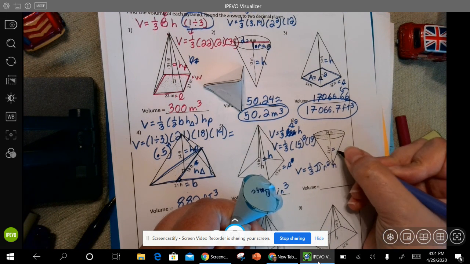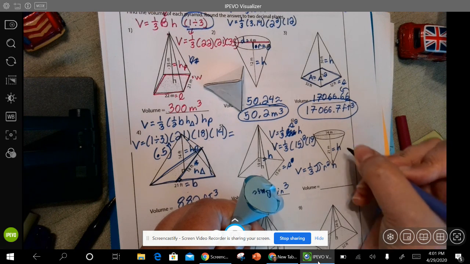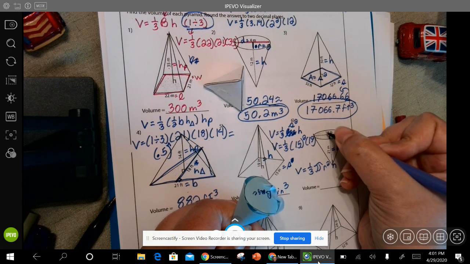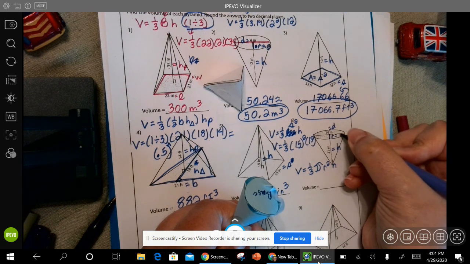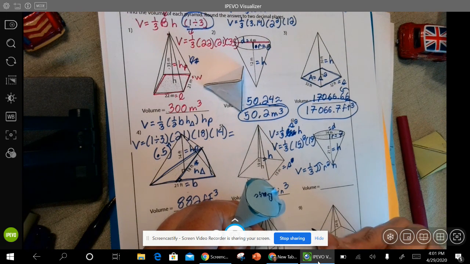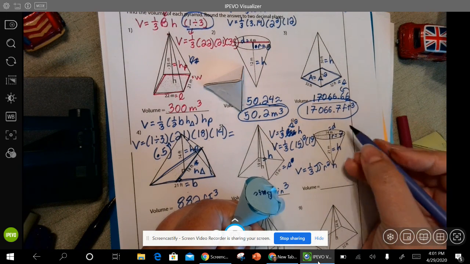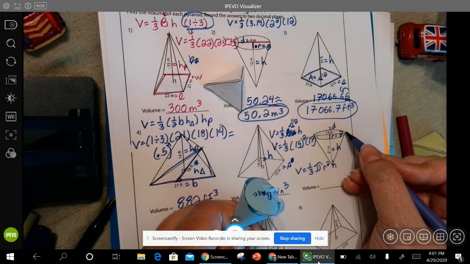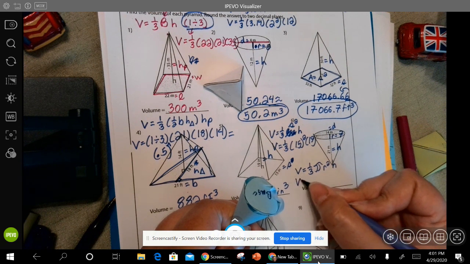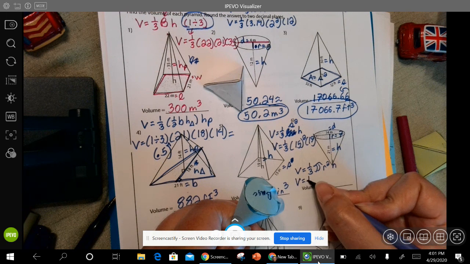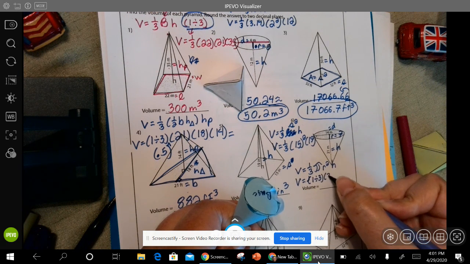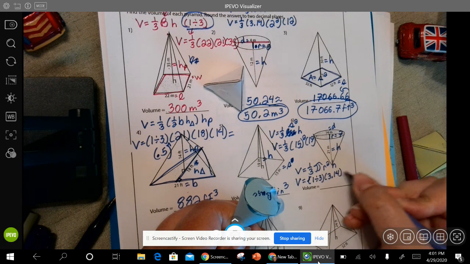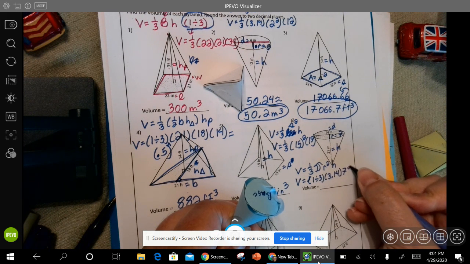Our height is 21. 14 is the diameter, so our radius is going to be half of that, which is 7. Half of the diameter, remember diameter goes all the way across, just like we did for our pi day activity. So I'm going to do 1 divided by 3, 3.14 for pi, 7 squared